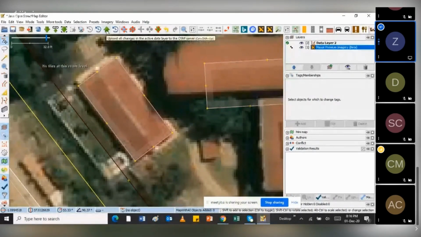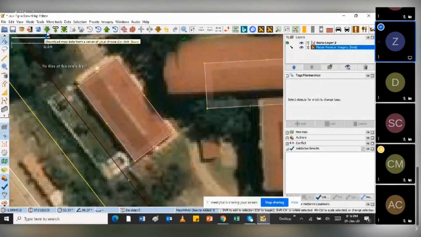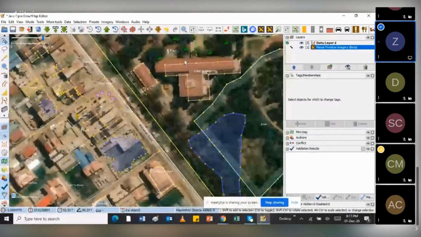So you remember when I was downloading the data, I was just downloading it from OSM servers. Now, at this point when I'm doing this edit, apart from when I need to use the imagery, if I'm doing basic edits and there's no internet, I can still do my edits.